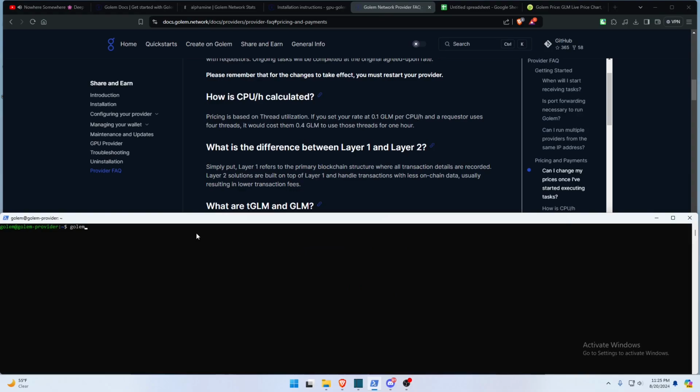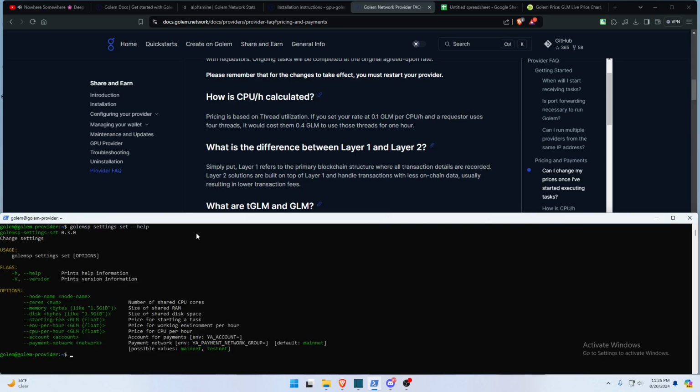In order to do that, we're going to do the golem-sp settings set command, and we're actually going to do --help so that we can see a list of all the available commands within this golem-sp settings set. And in order to change the price, we are actually going to do this --env-per-hour, and this is going to allow us to set our working environment per hour price. So I actually want to change mine to just 1 Golem per hour. So I'm going to do golem-sp settings set --env-per-hour and set it to